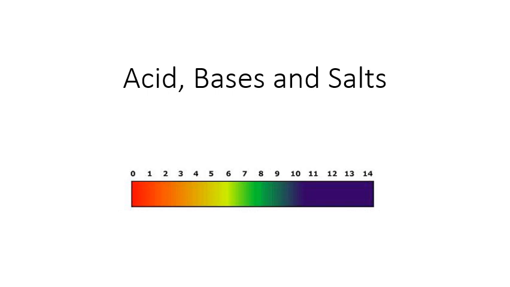Hello students. After knowing what is acid, base and salt, let us move ahead in the lesson. In this module, we are going to find out about a substance which will help us know what is an acid, what is a base and how to find out a salt. Can you see a color bar shown on the screen? It ranges from 0 to 14. So what we are looking at is basically an indicator. And indicators is what we are going to study in this topic.